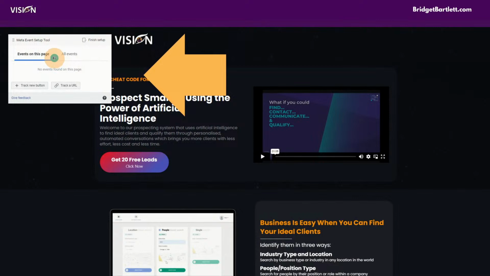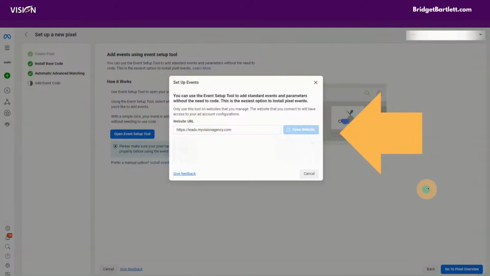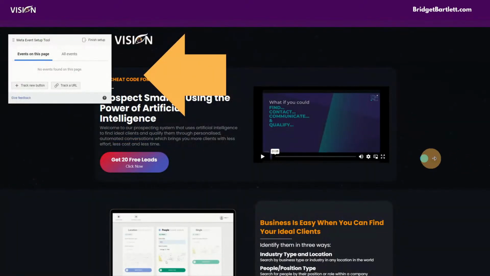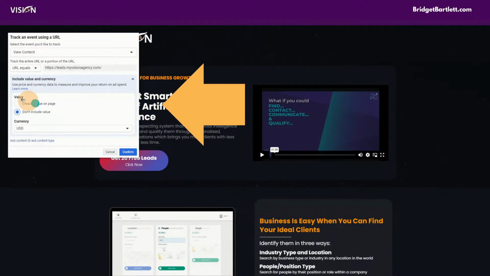Okay, so we need to choose the events, and we can choose to track the URL or we can choose to track a specific button. Okay, so in this case, actually, go back here. I lost myself here. So we're going to track a specific button there. Okay, so let me go right, not left. And when you do that,